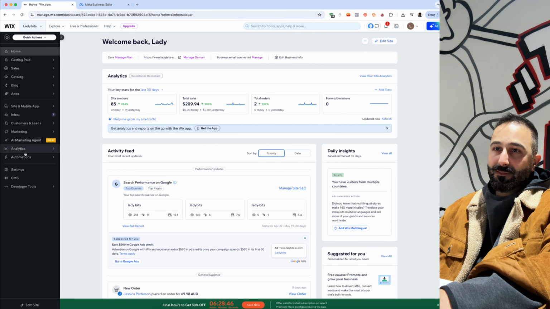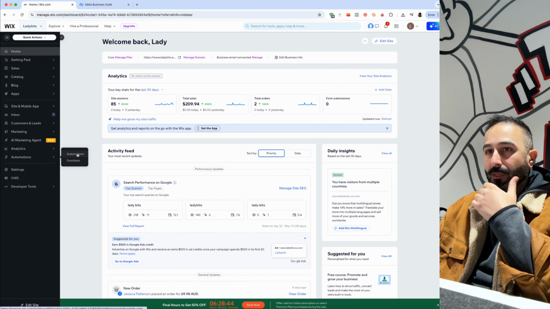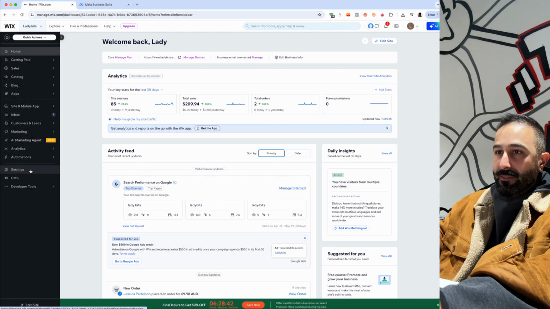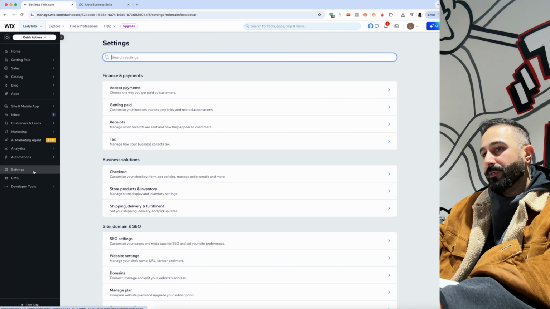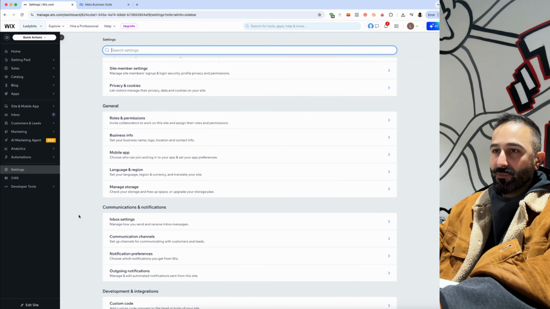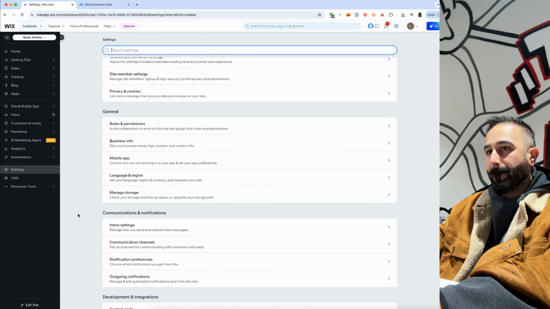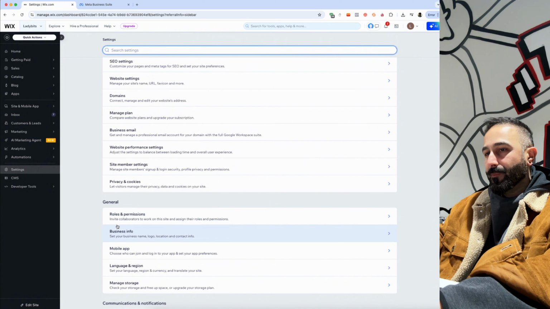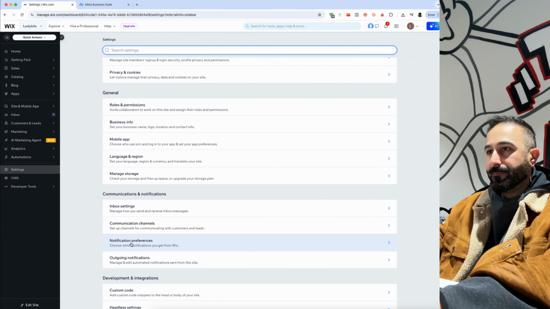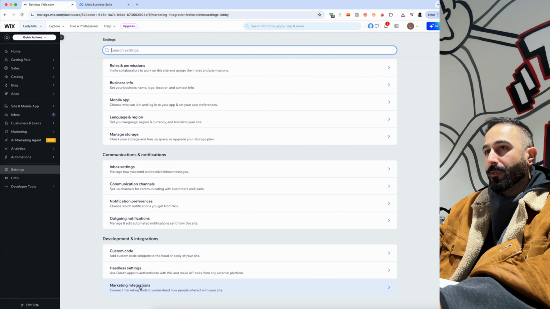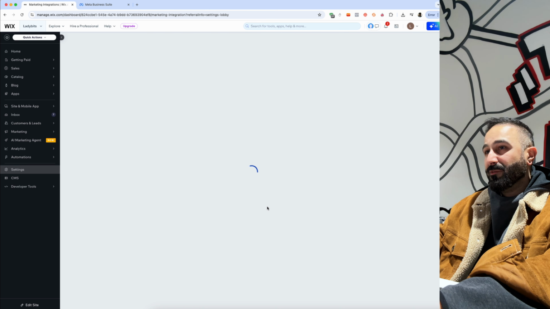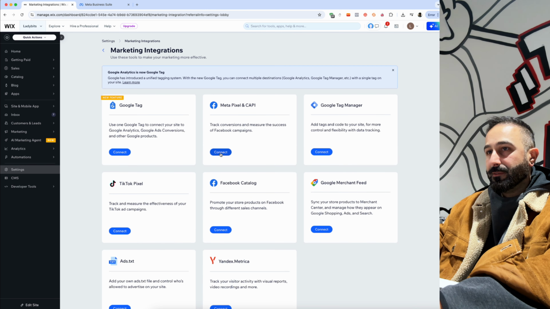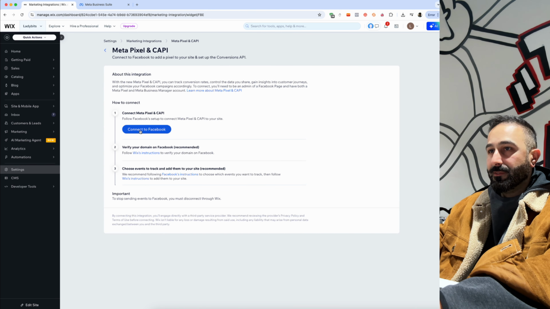for Wix for e-commerce. Okay, so first we go into settings, and then we go to marketing and integration, which is at the bottom of the page. There we go. And then we just click on the metapixel, connect, continue